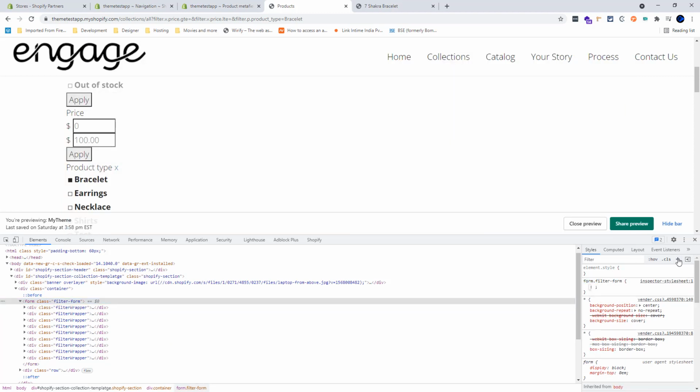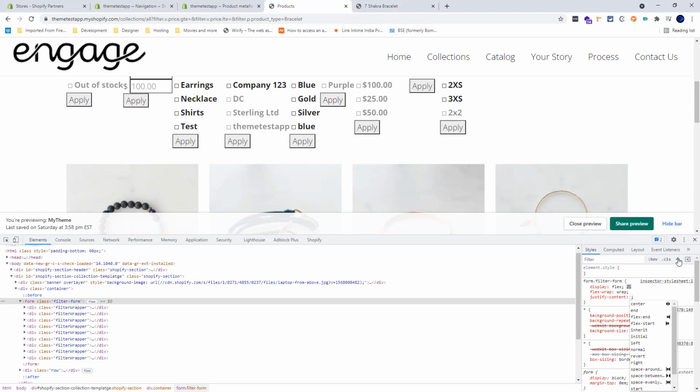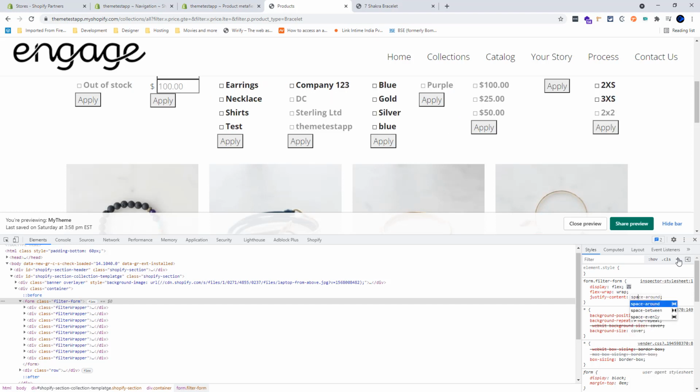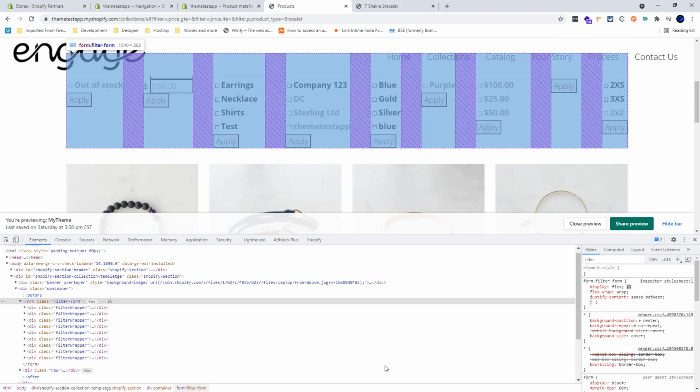Let's call this one display flex, wrap will be wrap, justify space between, and